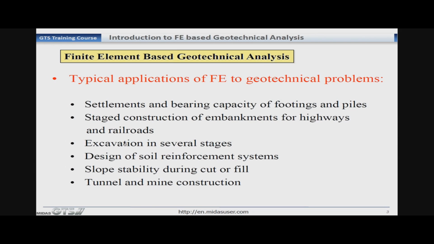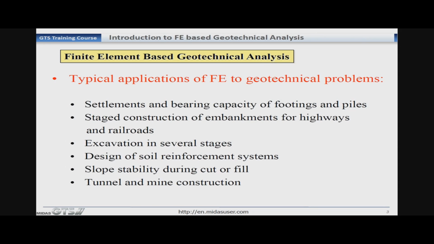We can also perform the construction analysis for excavation, as I just talked about. We can also do the design of soil reinforcement systems. Sometimes we need to provide some reinforcement to the soils in terms of geotextiles or geogrids, and if you want to see virtually how they will behave, you can use a finite element tool.